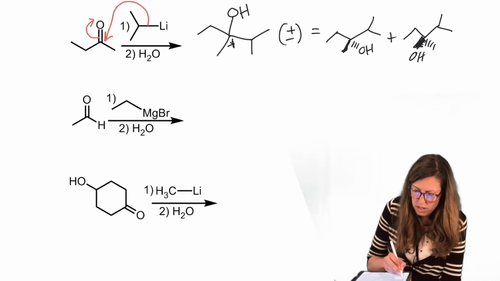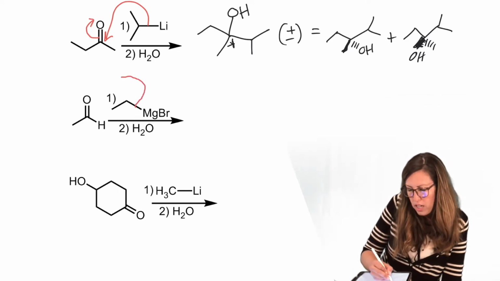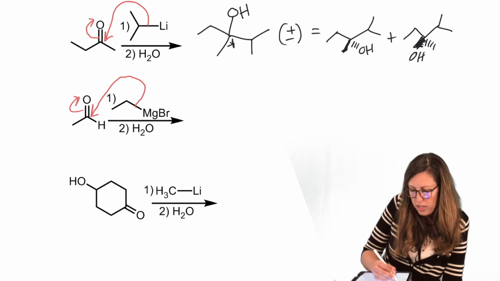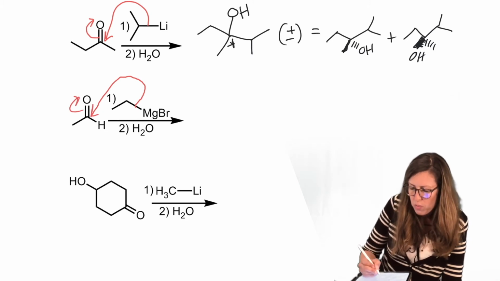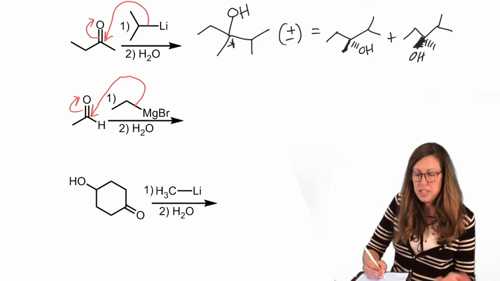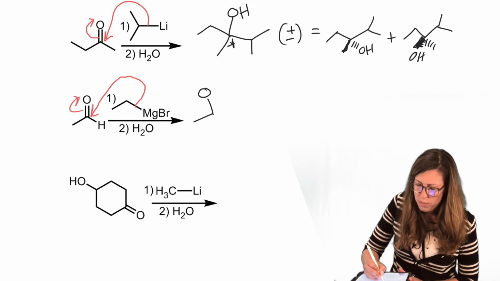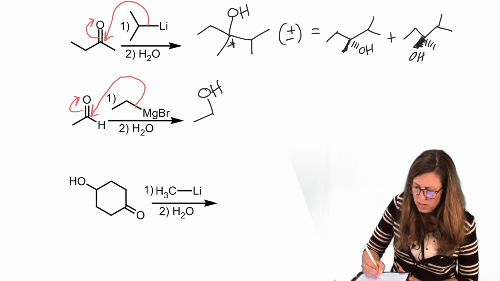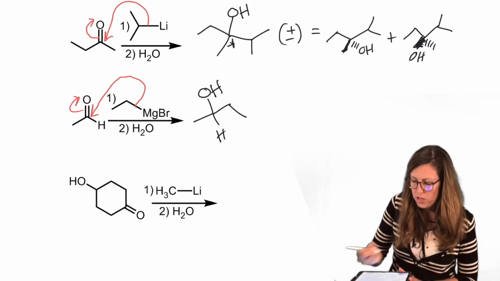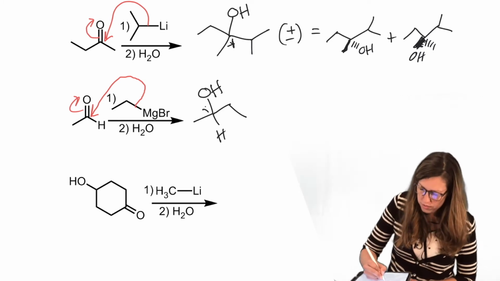Okay, Grignard, same story. Attack, notice where my arrow's coming from, starting in the middle of that carbon bond. Attack, open. And I'm not even really supposed to do the mechanism, we're just drawing the products, but a little mini mechanism doesn't hurt. It usually helps. So I attacked open, that would be an O minus, but step 2 was protonate. So I'm going to do that now. I have an H, because it was an aldehyde, and now I have a new group, which is the ethyl. Also, chiral.